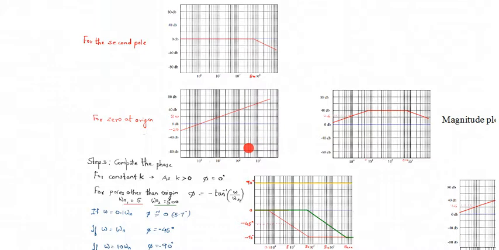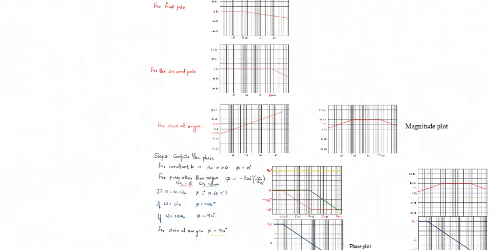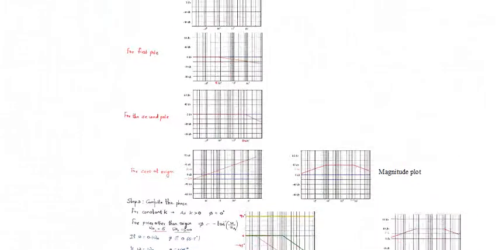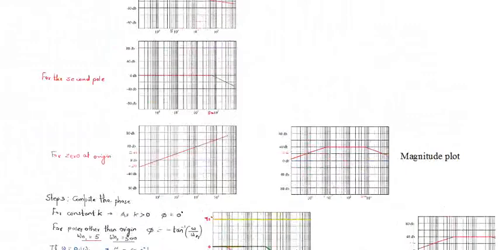Now with these magnitudes we have to sketch the final magnitude of the system. So how do we now get the final magnitude of the system? Let us have all the magnitudes together so that we can have a proper comparison. I'm just putting all of them together for you. So look at this particular figure.